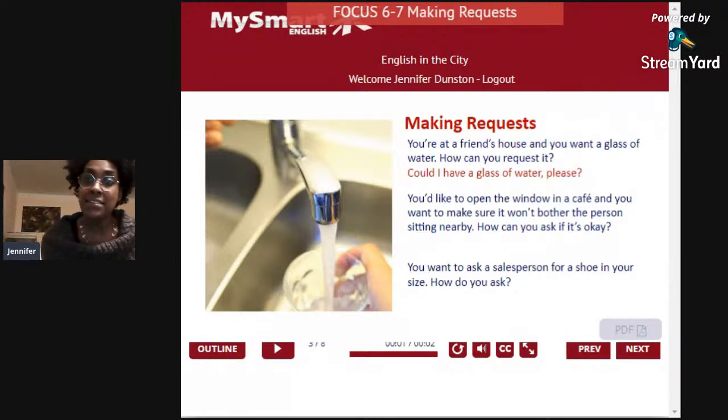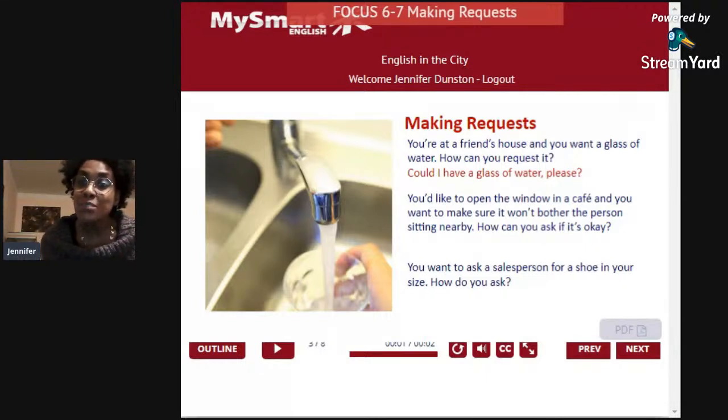Now, Lucrezia and Terrence both said, "Can I have a glass of water?" Here's another way of making a request for the same thing. Could I have a glass of water? Can I have is polite also. Could I have is a little bit more polite. Because remember, can also expresses capability. So many times in English, if you ask, "Can I?" the person will say, "Well, I don't know. Can you?"